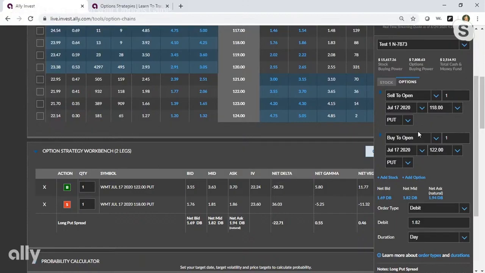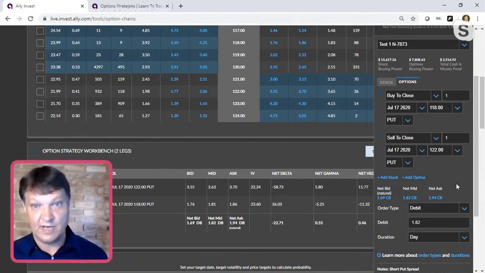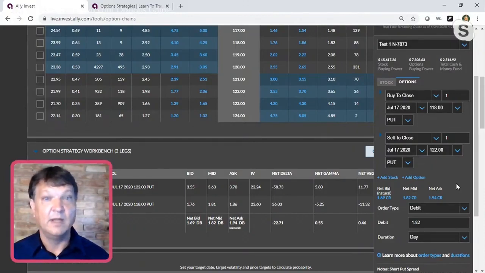Now, somebody asked about expiration, what might happen? Well, if we were going to close out our position, we'd actually just change this from a sell to open to a buy to close, and from a buy to open to a sell to close. And you'll see that it's quoting for the same quote, basically 182. Markets are closed right now, so that quote won't be moving. But if we put that position on, we would open it, and now if we wanted to take it off, we would close it. And we can do both of these trades inside the Ally Invest option trading platform all as one trade, but we would have to pay a commission for each option contract that we're trading.